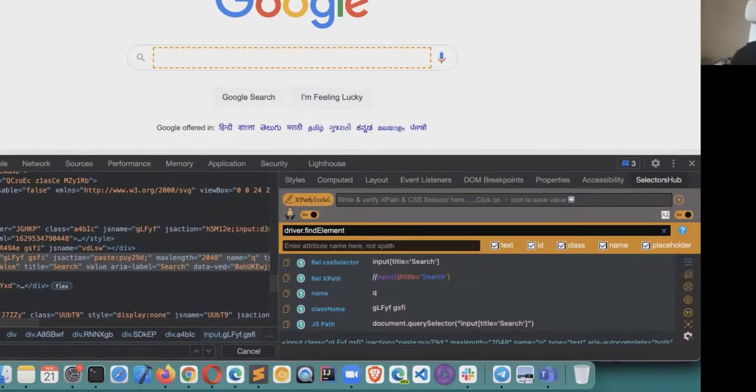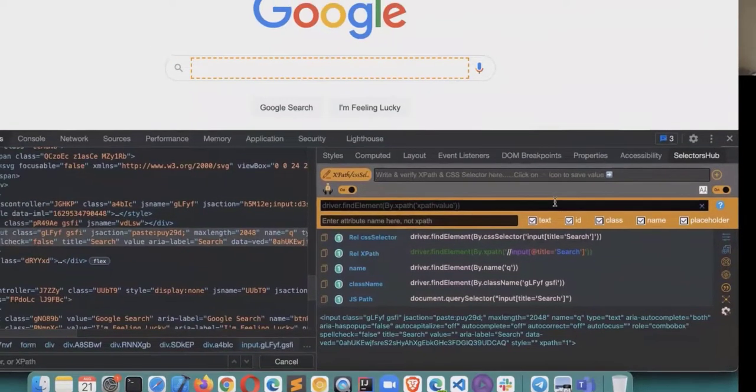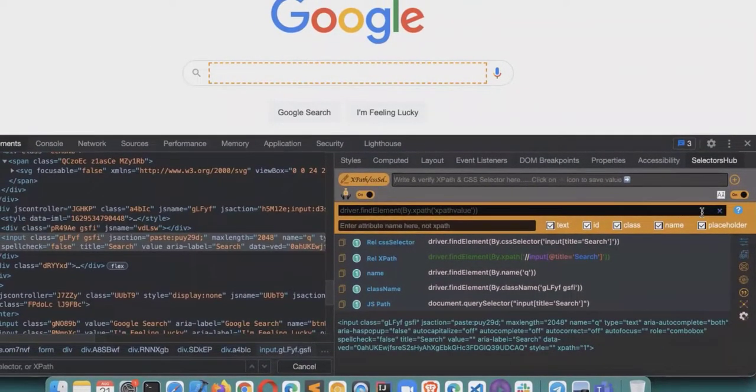This can save a huge amount of time for you, by .xpath, and then wherever you have written the xpath value. So those who are watching this video, I would request that you please watch the detailed video tutorial on the SelectorsHub YouTube channel, because we might not be explaining and discussing all the features in detail. So to understand all these features, please watch the detailed tutorial.